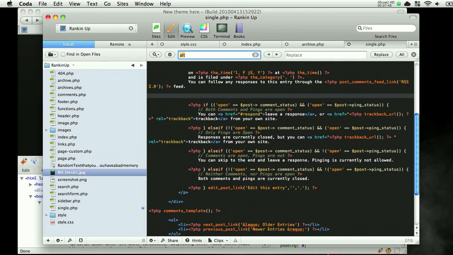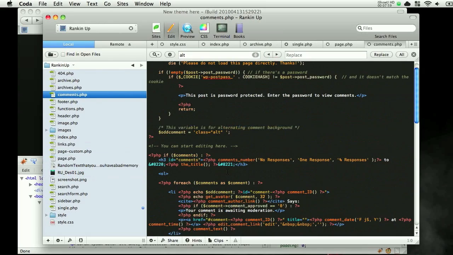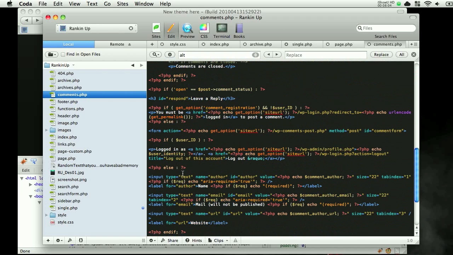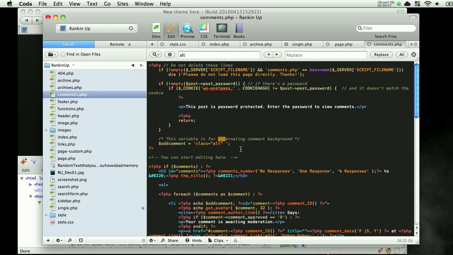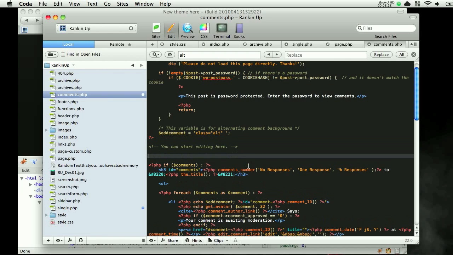Let's see if we can find alt here. Let's try comments. This might be the correct thing. Alt. Okay, so alt is over here, so it's got to be on this page, I'm guessing. It's a little confusing. So let's try this. Div ID equals alt, or class equals alt,